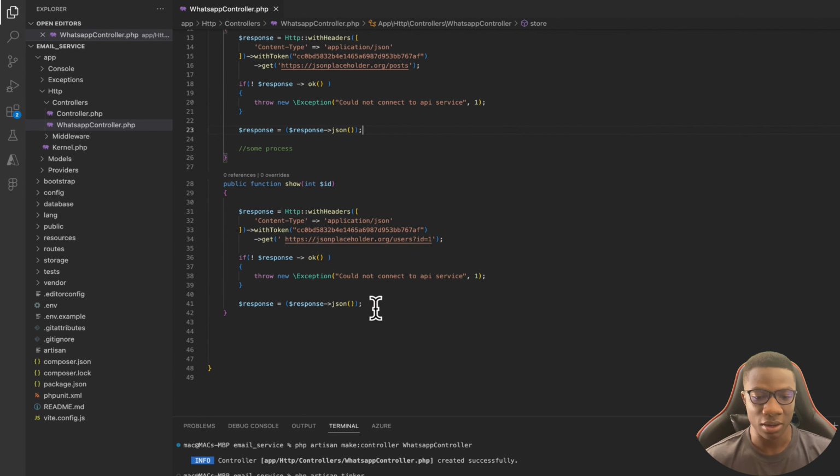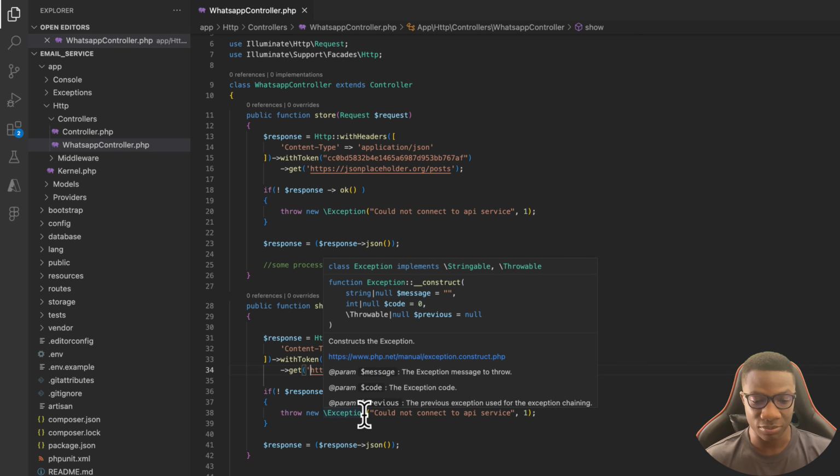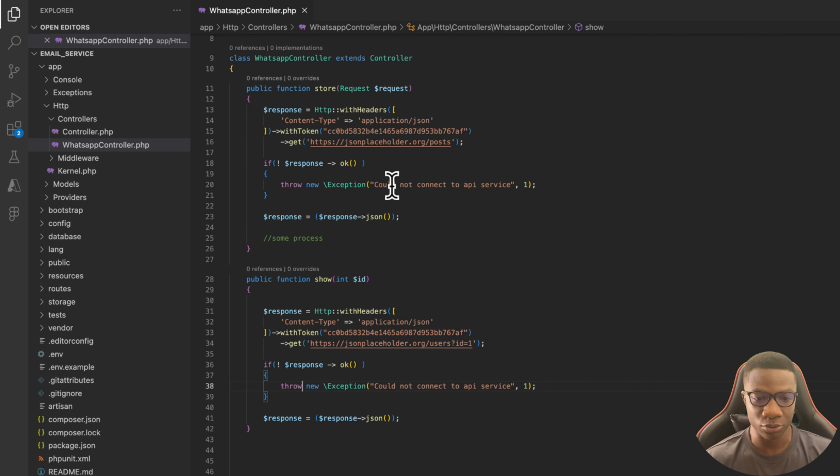So first off, if you take a look at this, you see the endpoint is specified in full here. You also have the endpoint specified in full here. I just had to use this endpoint to demonstrate what I'm talking about. So the first thing I'm going to do is remove the whole of this,